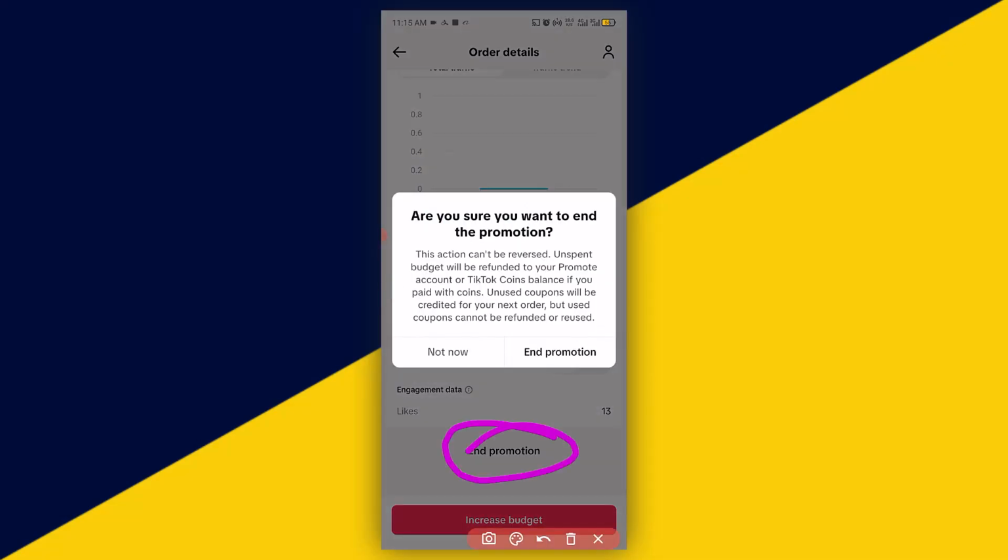And this is going to pop up. Are you sure you want to end promotion? This action cannot be reversed. Unspent budget will be refunded to your promote account or TikTok coin balance. If you pay with coin, used coupon could be credited for your next order, but used coupon cannot be refunded or used. So the next thing you want to do is to go ahead and click on end promotion,